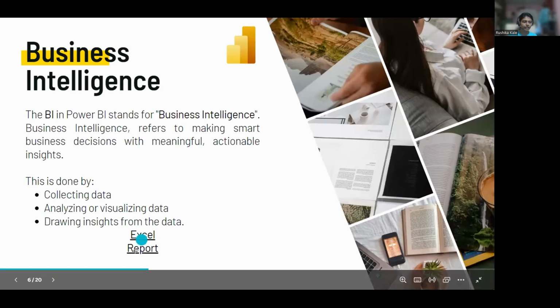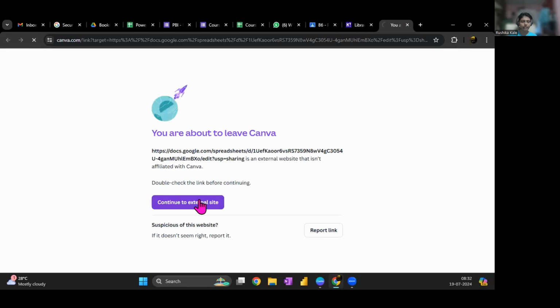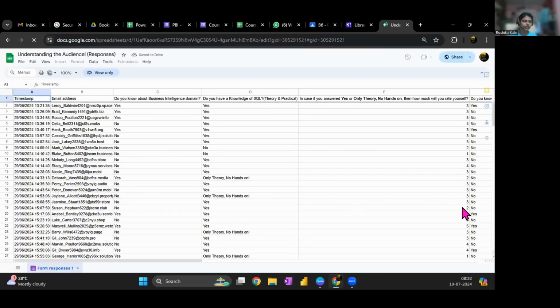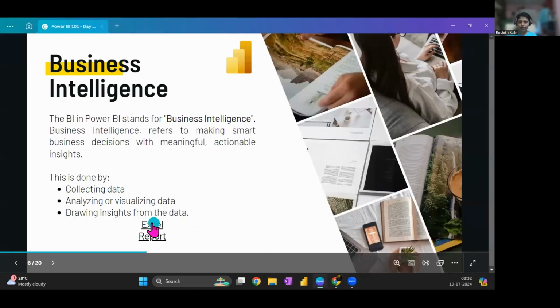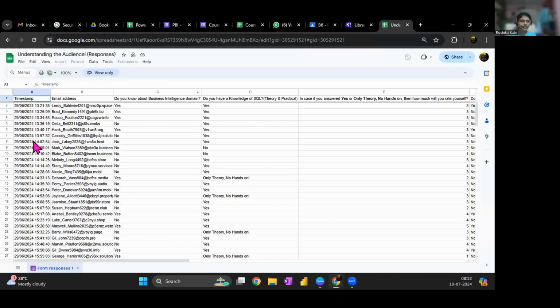There are two files. I already showed it to you, but just in case you were not there during that class, I'm showing it to you again. There are two files: one is an Excel file, another one is a report file. So what is the Excel file? What type of data is it? Semi-structured, unstructured, structured? What type of data does this Excel file represent?